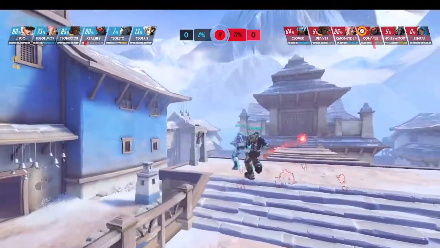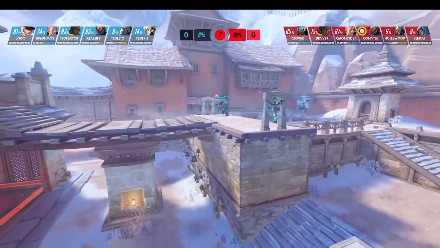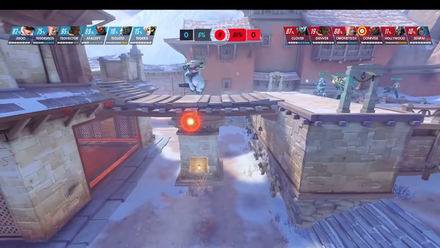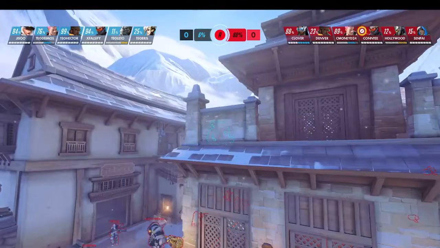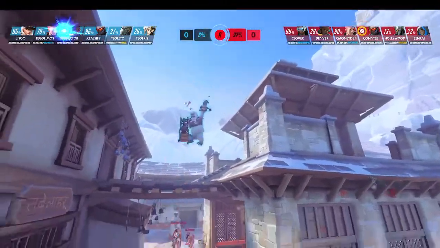Baptiste and Soldier 76 both at top, trying to take the point against a full team of 6. Not smart. They should go back, regroup with their team, heal everybody up, and get ready to push at the same time, but they keep pushing one at a time, and that's what's seeming to be the problem here. They do fight together, good together as a team. Monkey tries to fall behind, but I feel as if he was going to get...